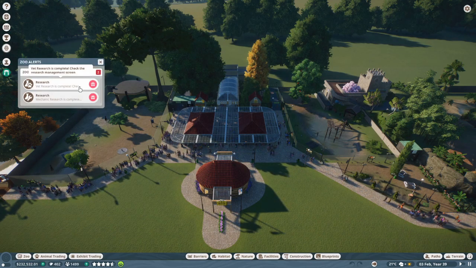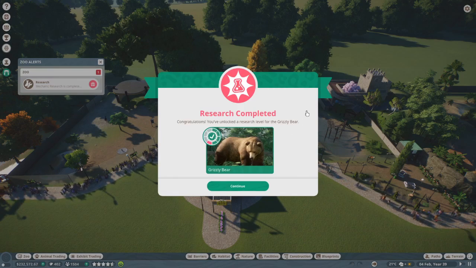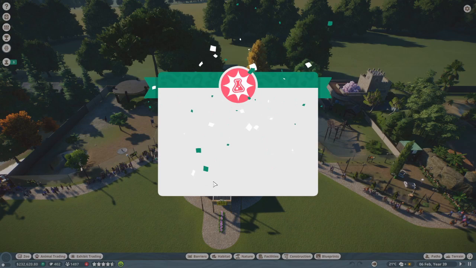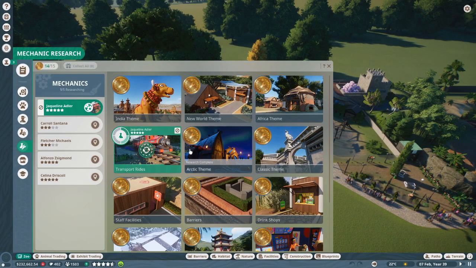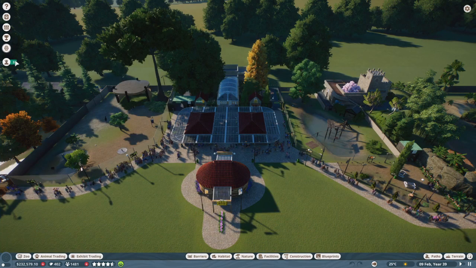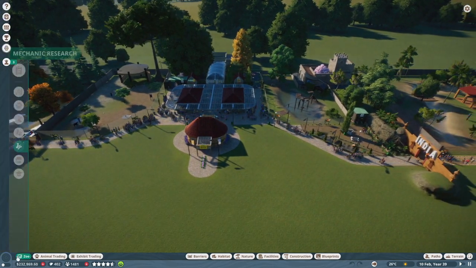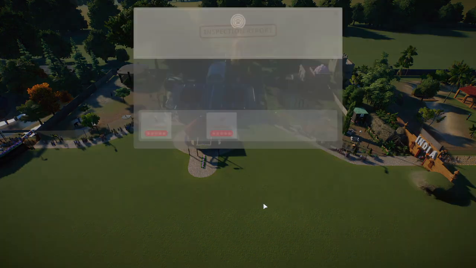Vet research is complete and mechanics research. Getting quite excited about the mechanics research. Continue on with that. Habitats are complete. So we're best mechanic working on transport rides now, which is the last thing that we need. I've done my handshakes, all that kind of thing is sorted. The inspector is at the zoo,